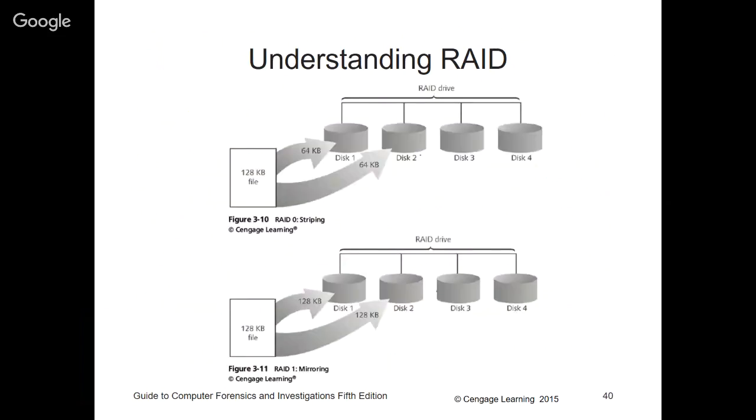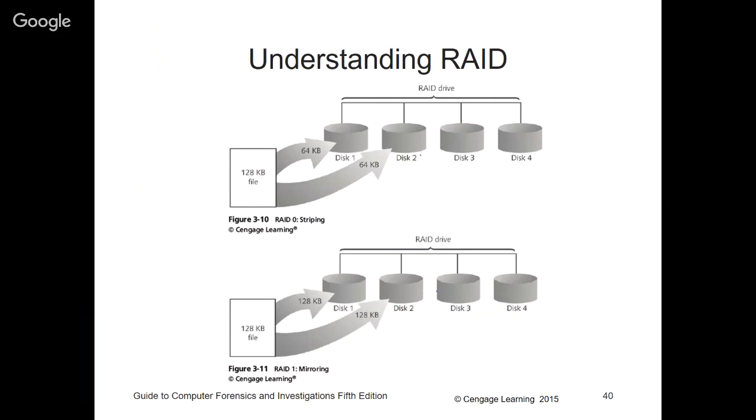And you can see RAID 0 is called striping, where it takes 128K files and divides them evenly over the disks you have available. Now remember, you have to have at least 2. So if you have a 128K file, it all goes to that file. That's what we're used to as a normal user. If you go up from here,